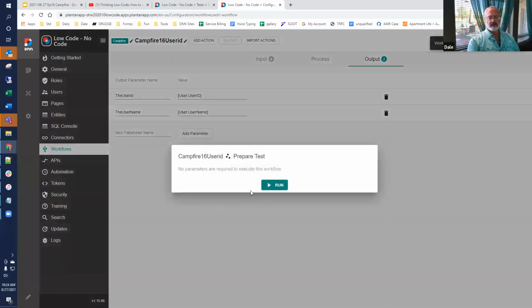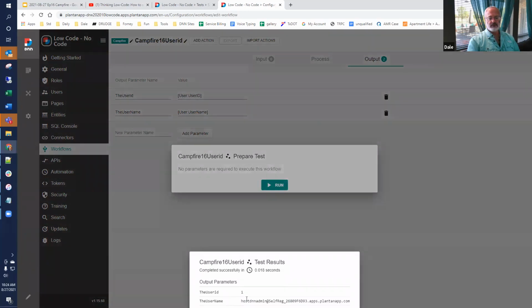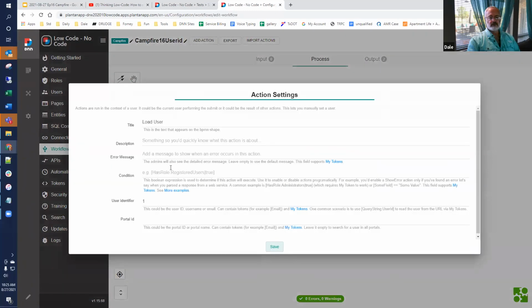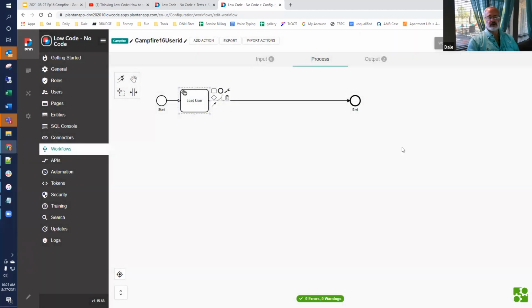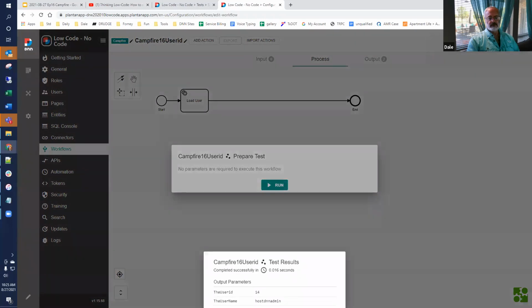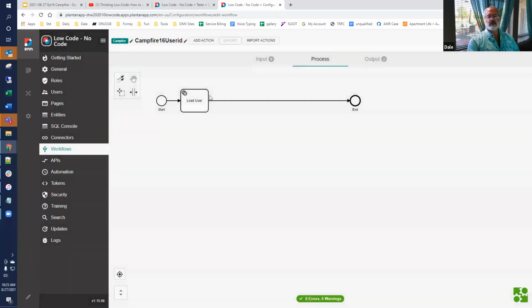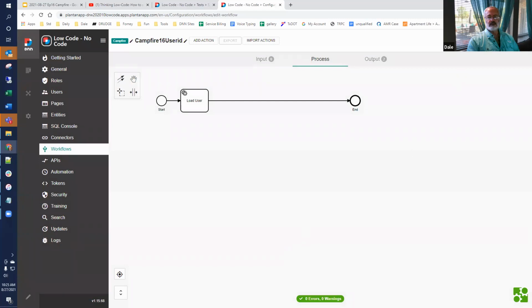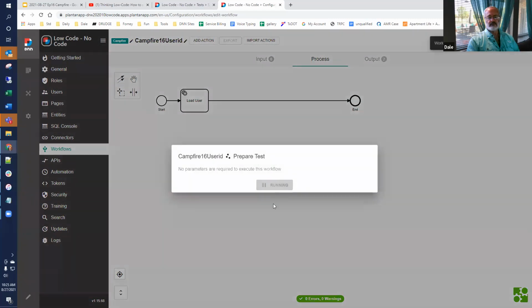So if we test this, we see that because we're elevating, we're getting back user 1 and the name of that user. If we false this out so it doesn't run, then we're just going to get me, user 14, and my user ID. So we'll put this back in, and save and test. Okay.